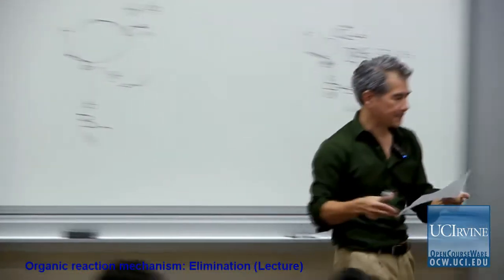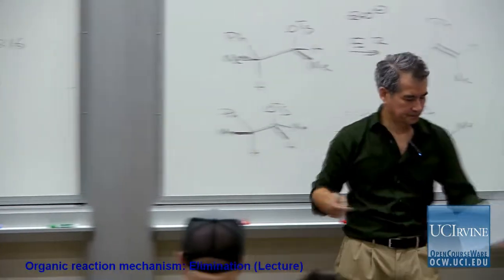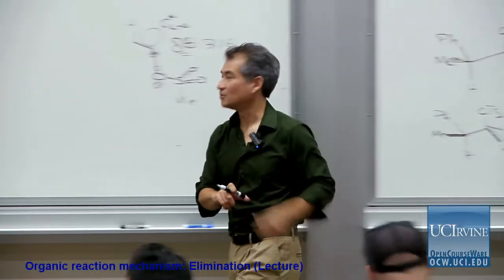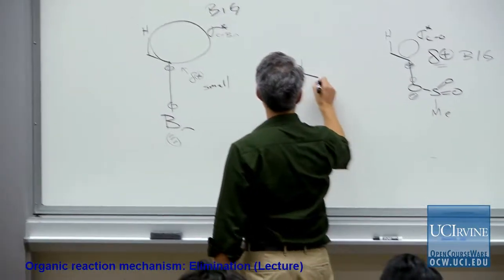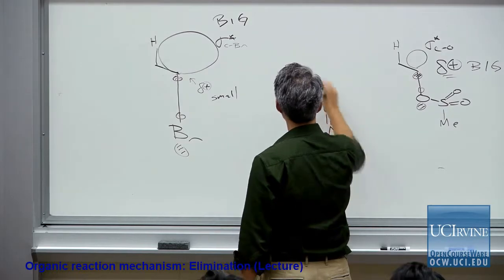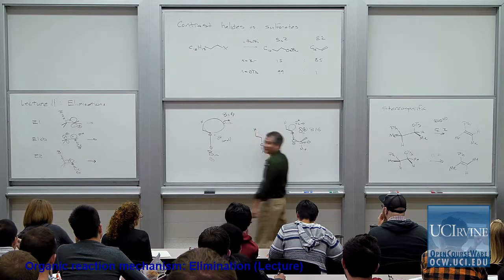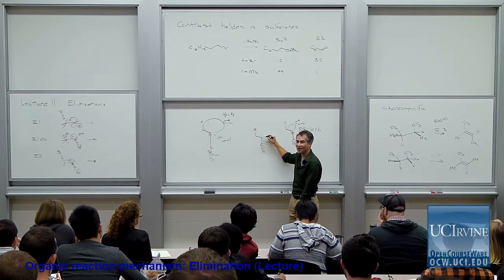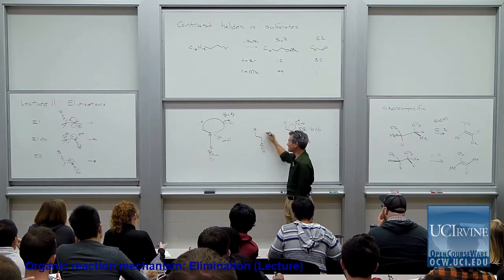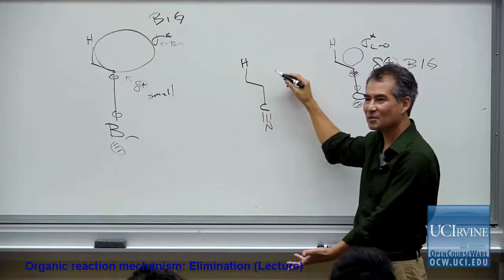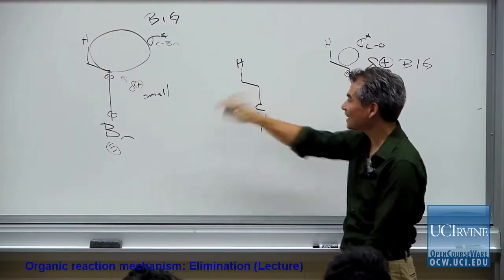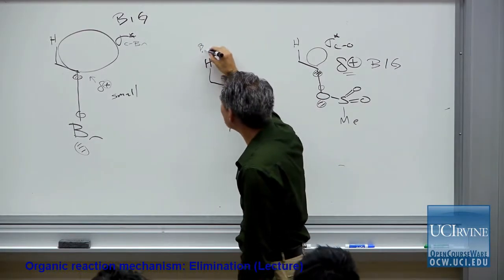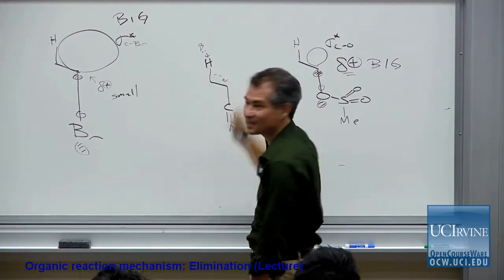Yeah? Could you also talk about nitrile groups in comparison to halogens? Nitrile groups, yeah. You mean what would I predict for this elimination? I would predict this would be very poor because the bond is not particularly long. Since the bond is not long, you don't expect a big sigma star orbital here. It's not particularly electronegative like a heteroatom. So I would expect it to be very difficult to pull a proton off here and simultaneously attack here,